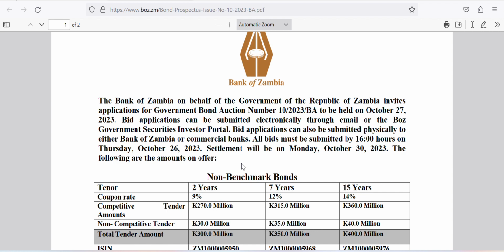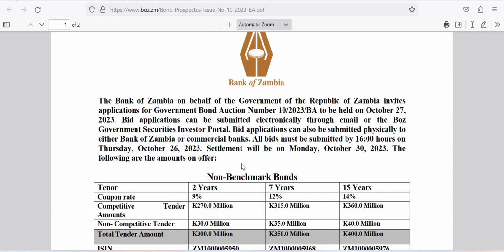Bid applications can be submitted electronically through email or the BOZ Government Securities Investor Portal. Bid applications can also be submitted physically to either Bank of Zambia or commercial banks. All bids must be submitted by 16 hours on Thursday, October 26, 2023. Settlement will be on Monday, October 30th, 2023. Okay, so we can see in that paragraph right there that